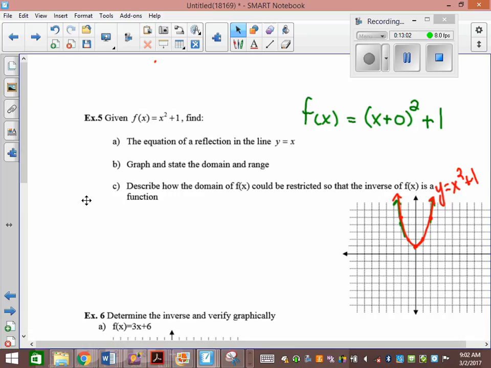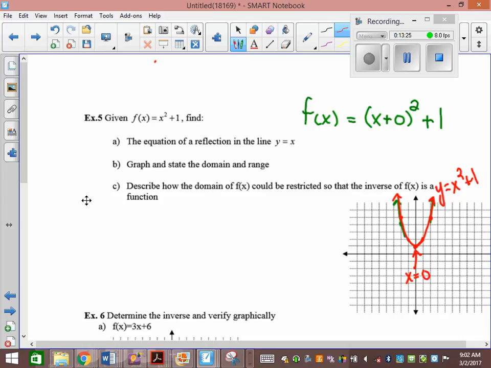At the vertex. So I need to know the x of my vertex, and then either say I'm going to take this part of it, the part that's greater than the x of the vertex, or the part that's less than the x of the vertex. That's how I'm going to restrict my domain. So I'm going to say, what's my vertex at? What's my x? X equals